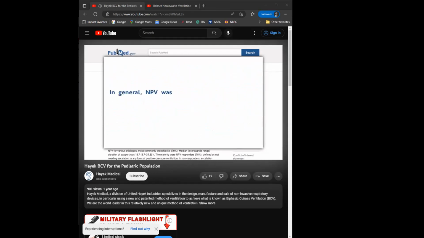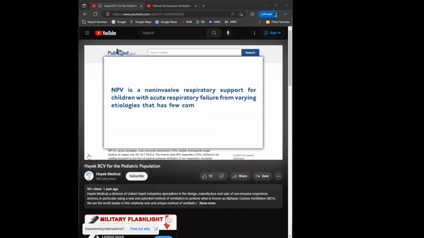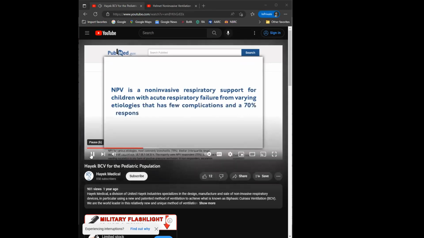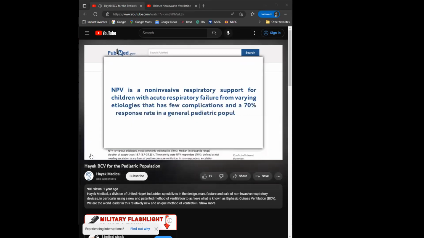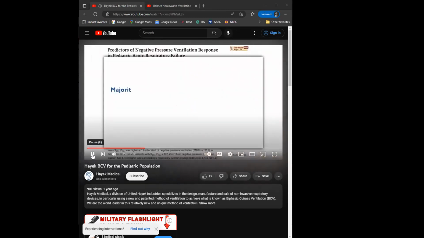In general, NPV was started after subjects had ongoing distress, hypoxia, or hypercapnia, despite maximal flows on high-flow nasal cannula. NPV is a non-invasive respiratory support for children with acute respiratory failure from varying etiologies that has few complications and a 70% response rate in a general pediatric population. From the 2020 paper. Majority of subjects